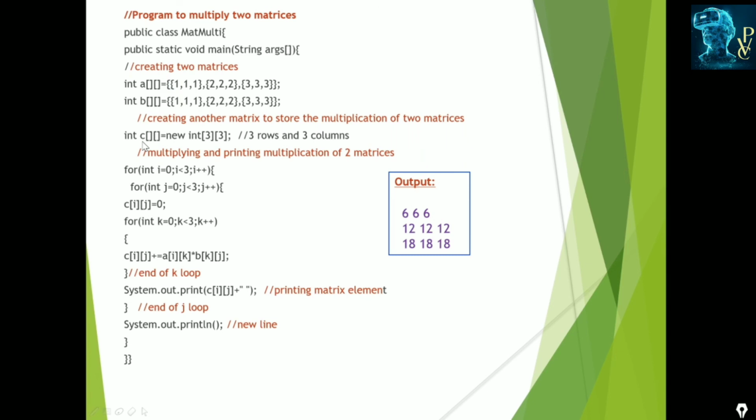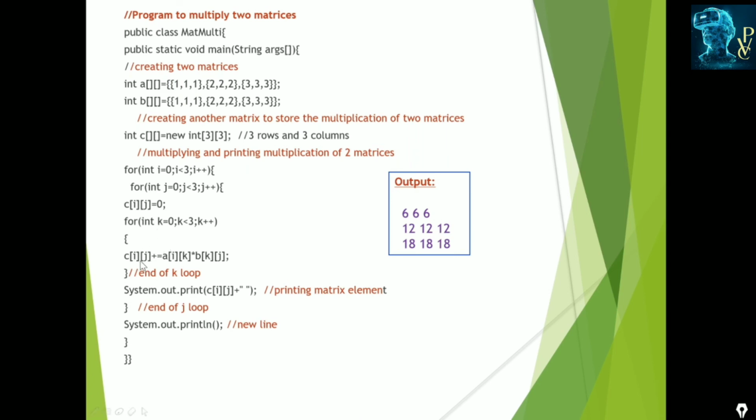Okay, and C is declared and instantiated as int 3 of 3 for storing the result. For A and B, i is for the row and j is for the column. And C of ij is first assigned 0. Again we have 3 rows and 3 columns, and for that we are taking another index k.